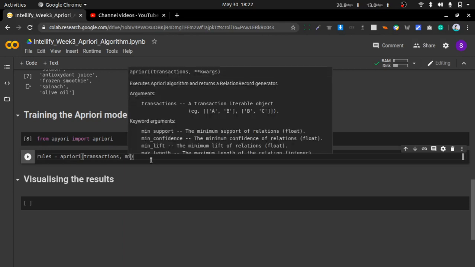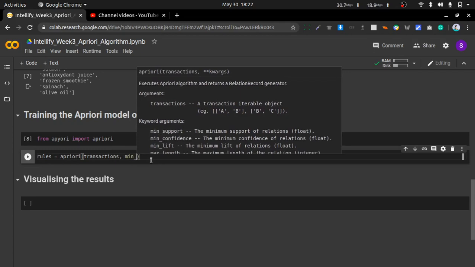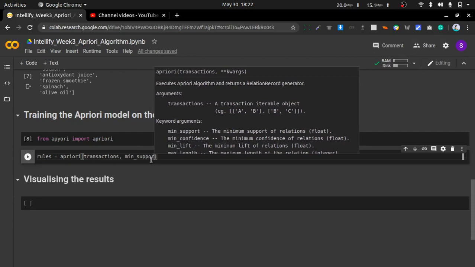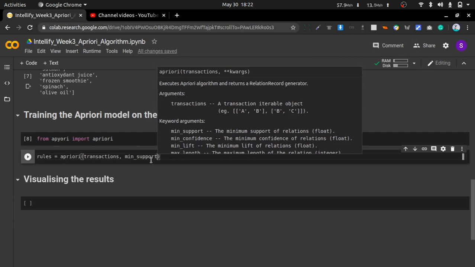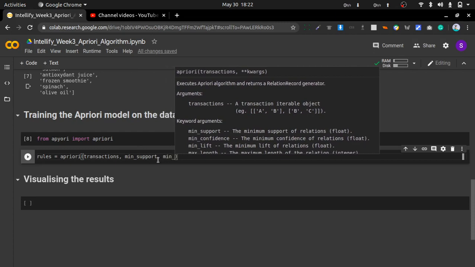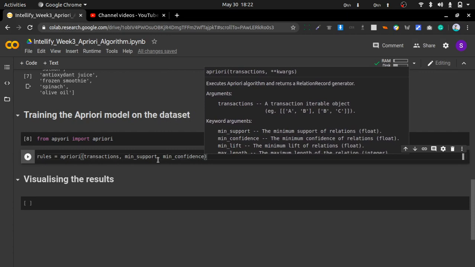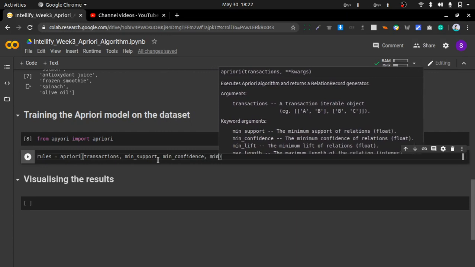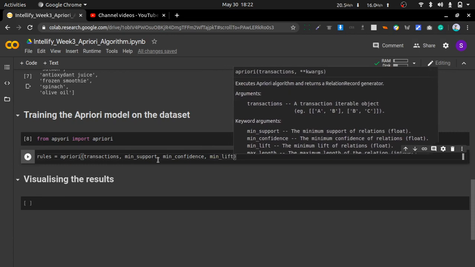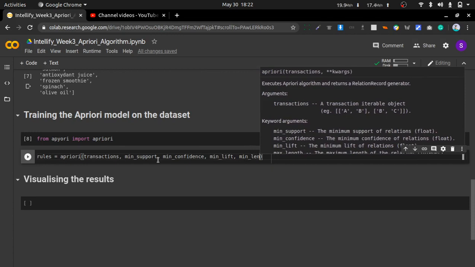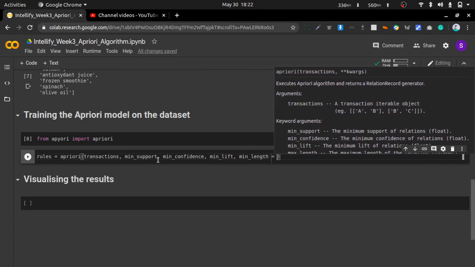Then, as we saw in the algorithm, we have to set the minimum support value. I will set these values afterwards. So first I will write this, then we will set that value. Minimum confidence, then minimum lift, as we have seen in the introduction video, and minimum length I will give as 2.